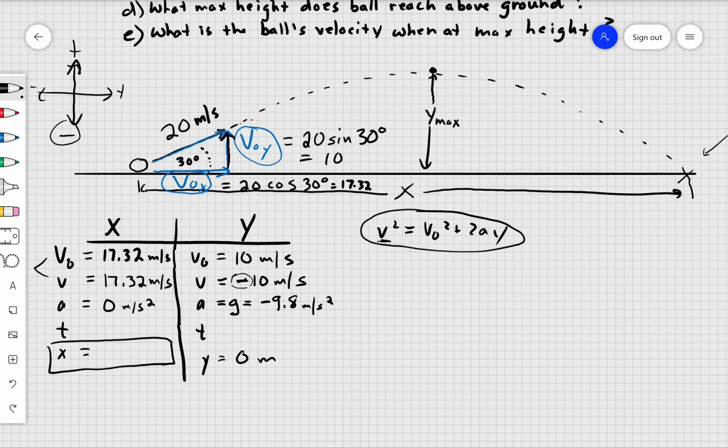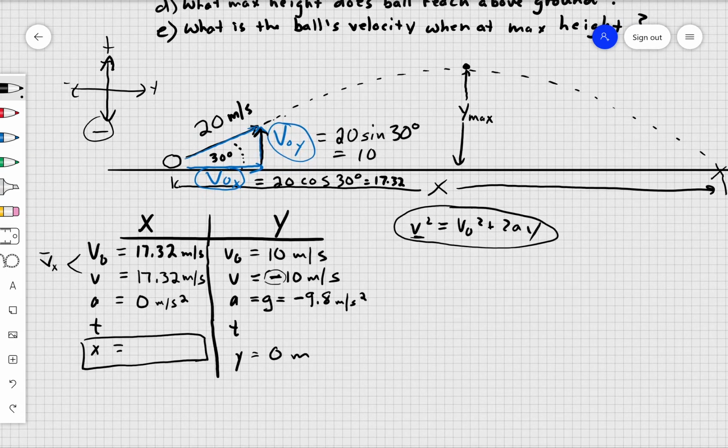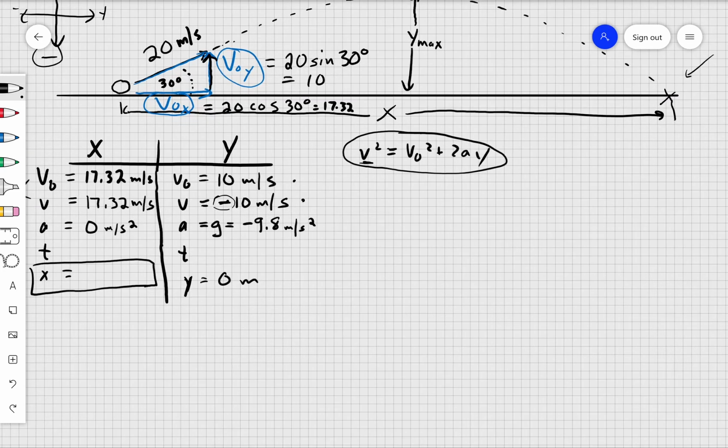Now, I just showed you that if you pay attention to the patterns, this y equals 0 for a projectile means that the initial and final velocities in the y dimension have the same magnitude, opposite directions. So it goes upwards at 10, it returns at 10. Now we can find time. We've got plenty enough information to find the time